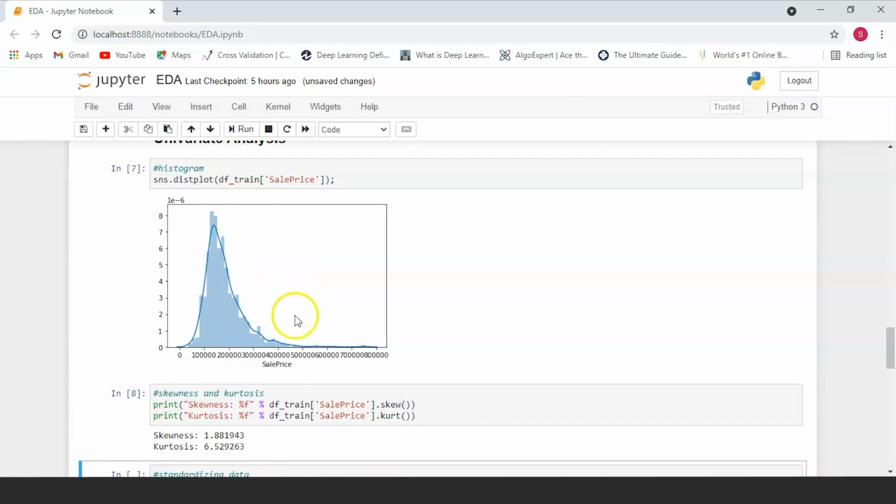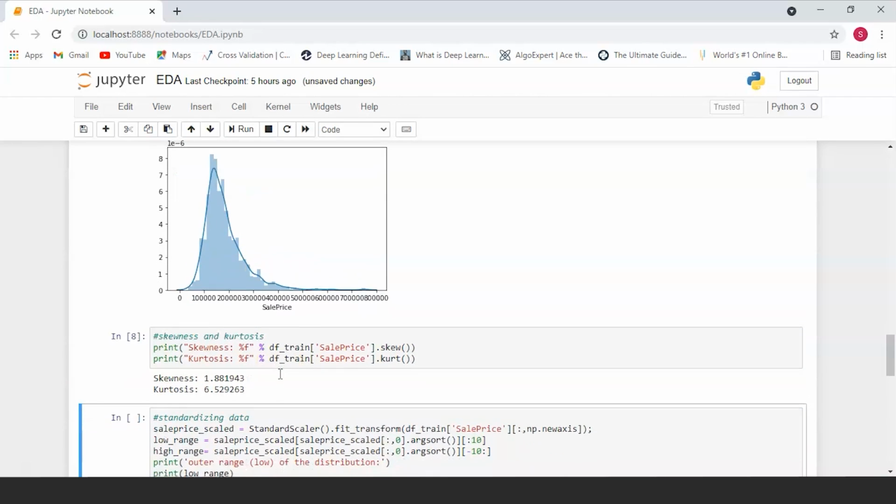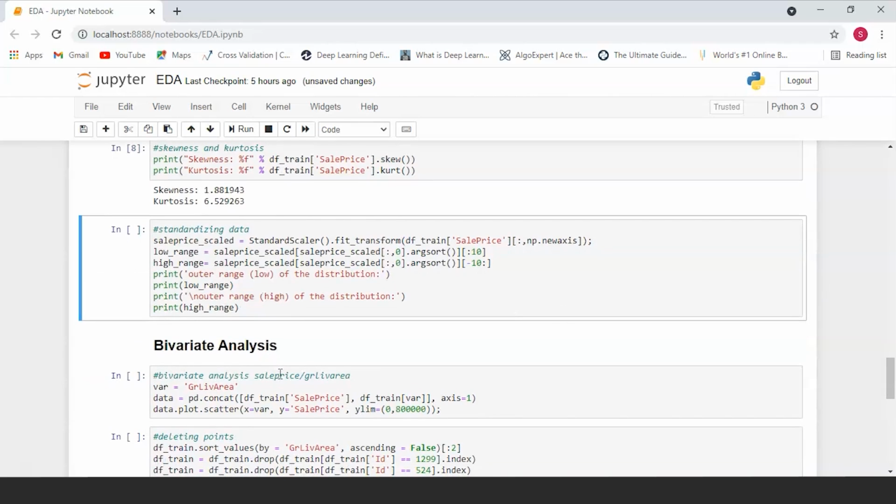Now, because of this shape and because it has such a high degree of skewness, we know that it has a bunch of outliers present in it. The primary concern here is to establish a threshold that defines an observation as an outlier. To do this, we'll standardize the data. In this context, data standardization means converting data values to have a mean of 0 and a standard deviation of 1.